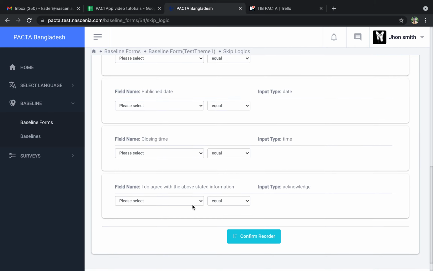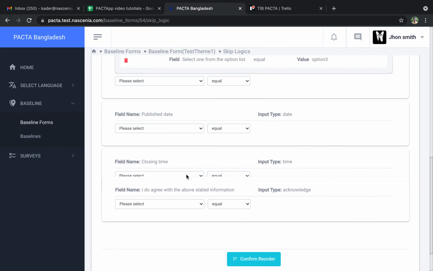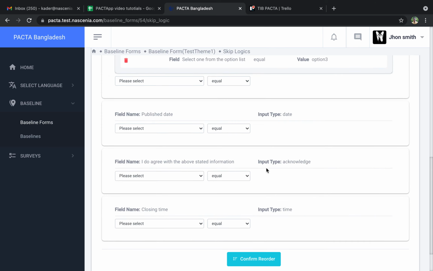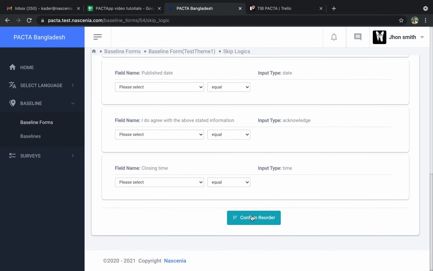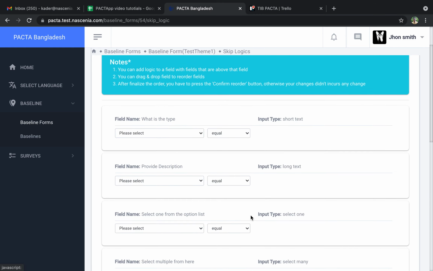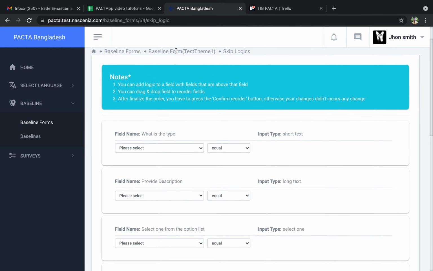We can also reorder by clicking on the items. So you see that I have taken the last one to the topmost position. After all the changes, we have to click on the confirm reorder button. So I have clicked on the confirm reorder button. That means the skip logic is added. So now if I go to the view,